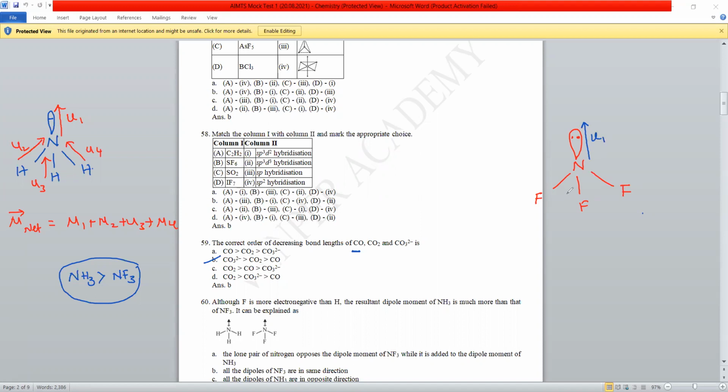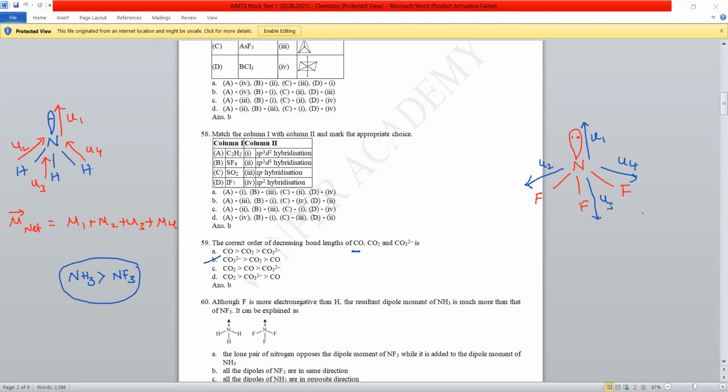And you can come here, nitrogen and fluorine. Fluorine is more electronegative, so the direction from nitrogen towards fluorine is mu2. And from here to here, it is mu3. And this to this place is mu4. So you can observe here,